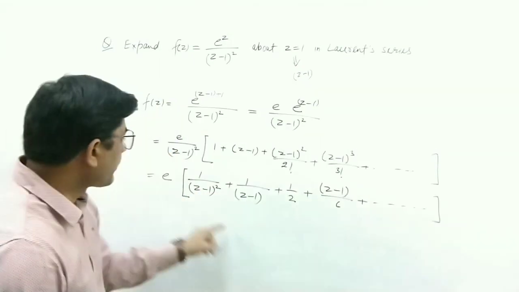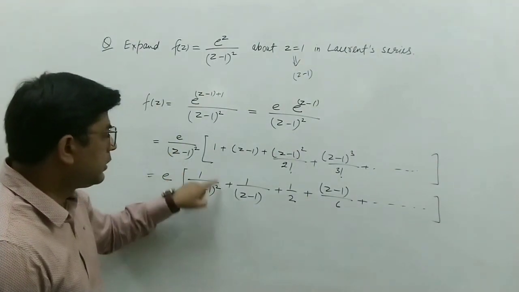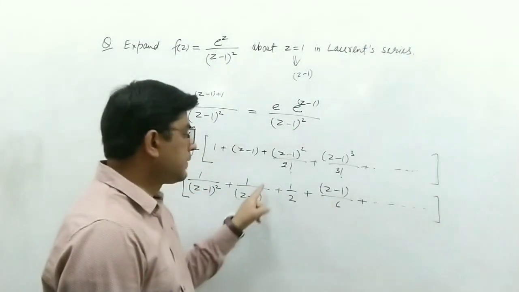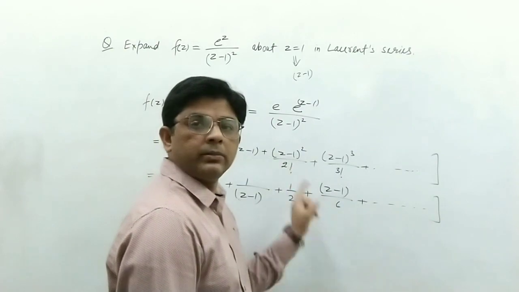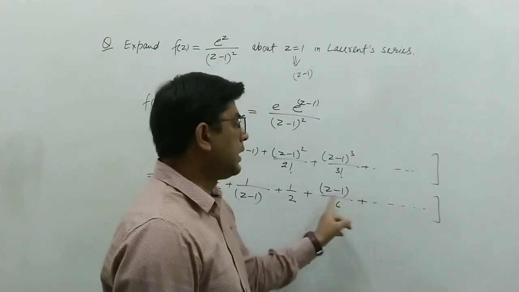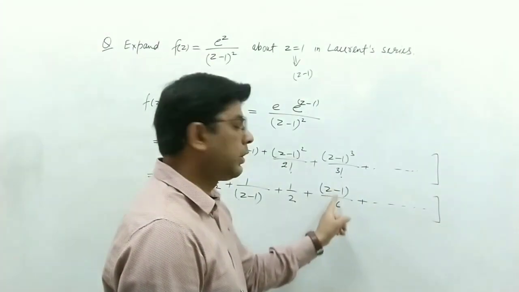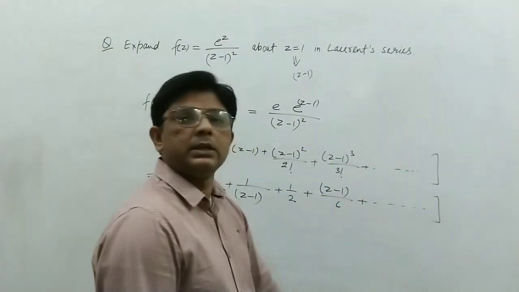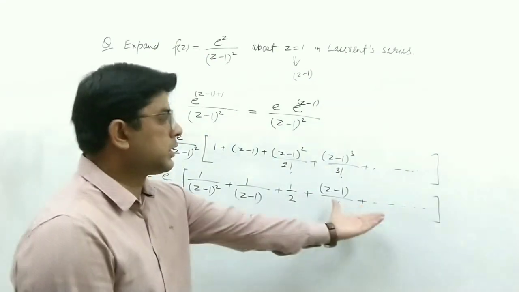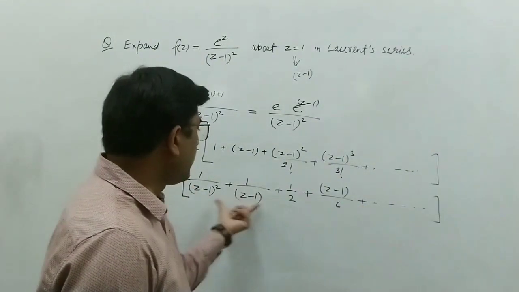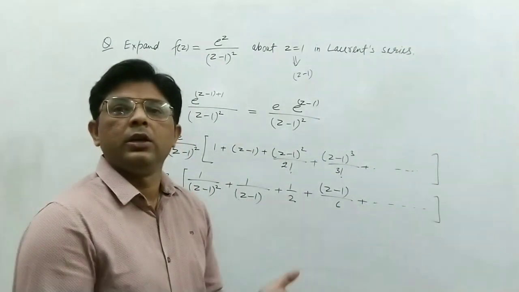Okay, so here we can see that we have got this expansion. In this expansion, this is z minus 1 to the power minus 2. This is z minus 1 to the power minus 1. That is negative powers of z minus 1. This is the constant term. And now here we have positive power, z minus 1 to the power 1. That is positive power of z minus 1. And the next terms we get z minus 1 squared, z minus 1 cube and so on. So we are getting all positive powers of z minus 1, negative powers and constant. It means this is a Laurent series.